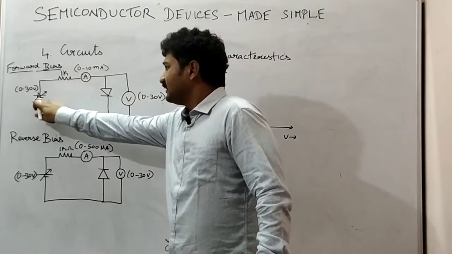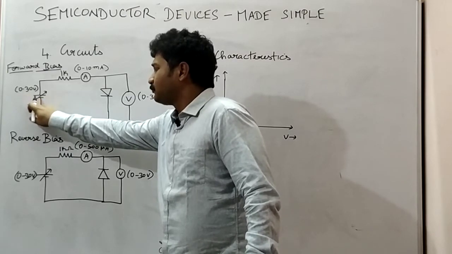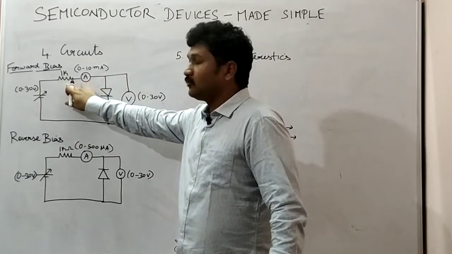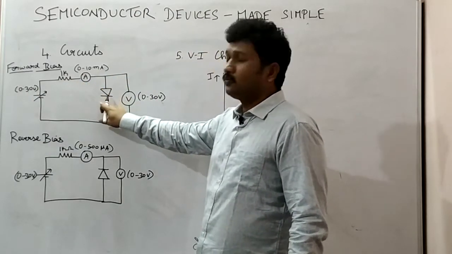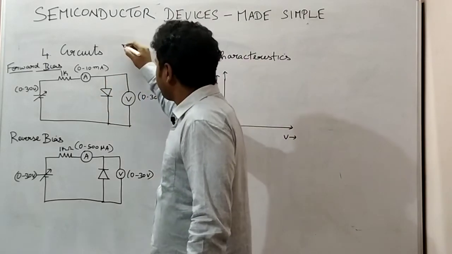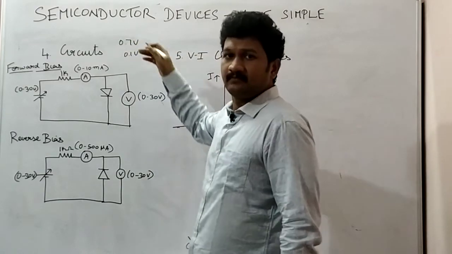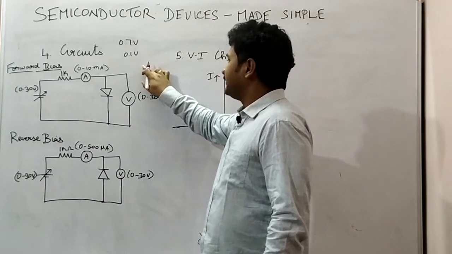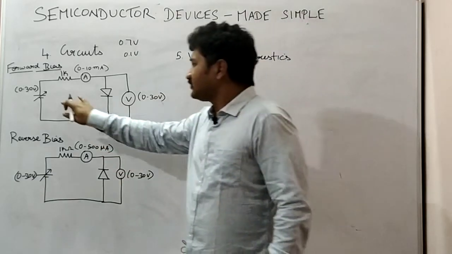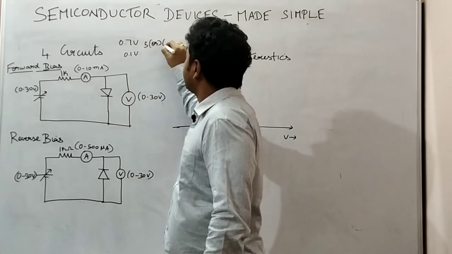Another reason for the mistake is that students expect the diode to conduct when the supply is increased to 0.7 volt, but most of the 0.7 volt will be dropped across the resistor and only a very small voltage will be dropped across the diode. For example, if 0.7 volt is kept as the supply voltage, only 0.1 volt will be dropped across the diode. To eradicate this problem, the voltage should be increased to at least 5 or 6 volt.